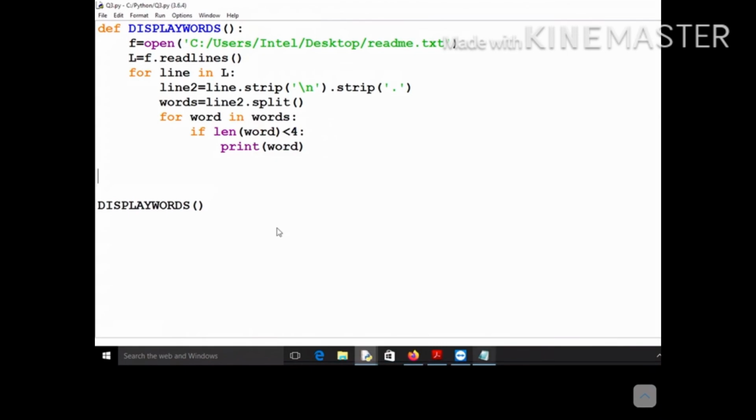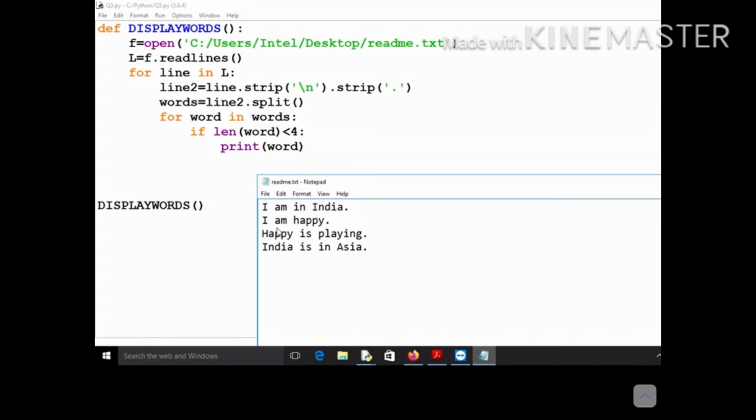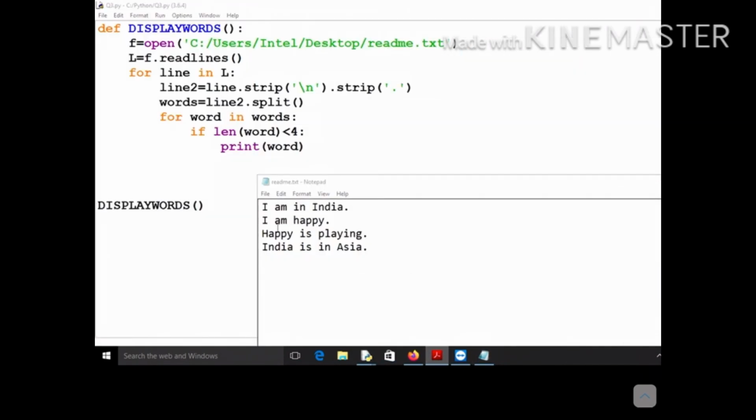Okay, so Asia should also, okay, no, it is less than 4, not equal to 4. Sorry, I was thinking that it is equal to 4 also. Since Asia has 4 characters and it was not less than 4, it also didn't get printed. If it was equal to 4, then Asia would also have been printed.